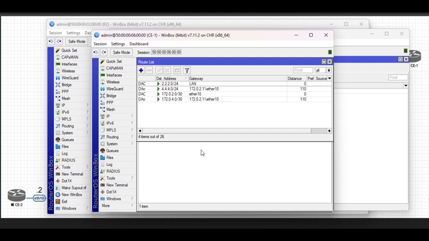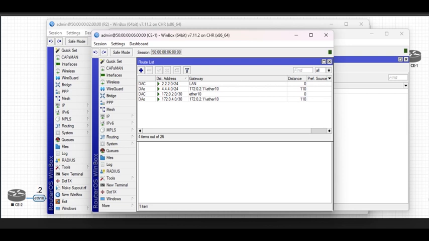So from the first site, that's CE1, you can already see that it is receiving routes via OSPF from the other end. The LAN of the other end is 4.4.4.0/24, and this is the IP between this, 172.0.4. This is the IP between the core device and the client's device. So on this particular CE1, it is receiving routes. That means that there is connectivity already. Just to confirm,